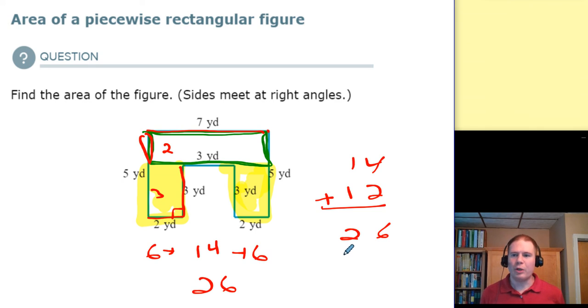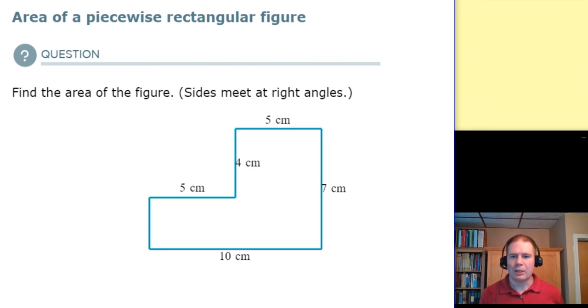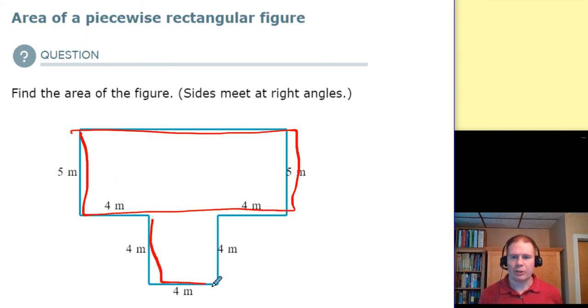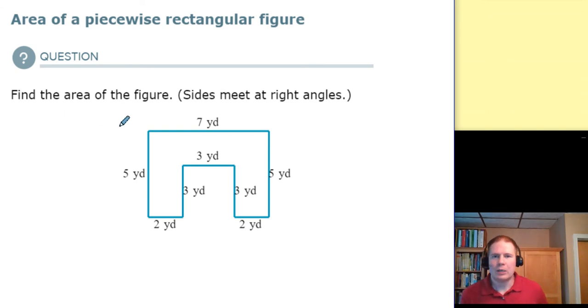Now there is one other method that works well for this kind of shape, or maybe this kind of shape. For something like this, I recommend using the big rectangle up top and the little rectangle tacked on the bottom, right? Add up those 2 pieces. But before we get to that, let me show you the last method that I probably use most often,